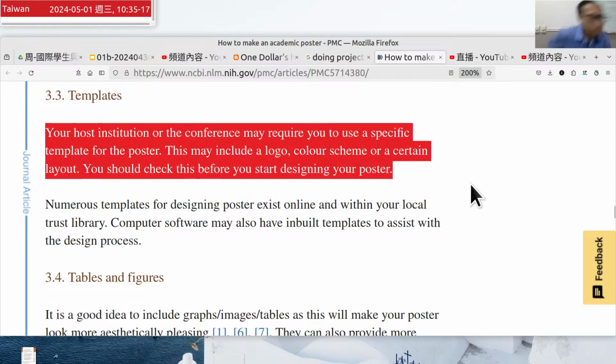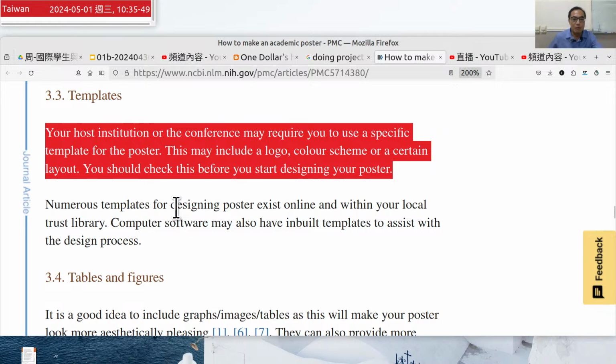Actually, I have no idea, maybe in the field of business they have this kind of template, but in my field, no, I never had these experiences with a template poster. And my advisors, when I was a master's student and when I was a PhD student, always respected our work, so they never interfered with our poster design. Okay, then